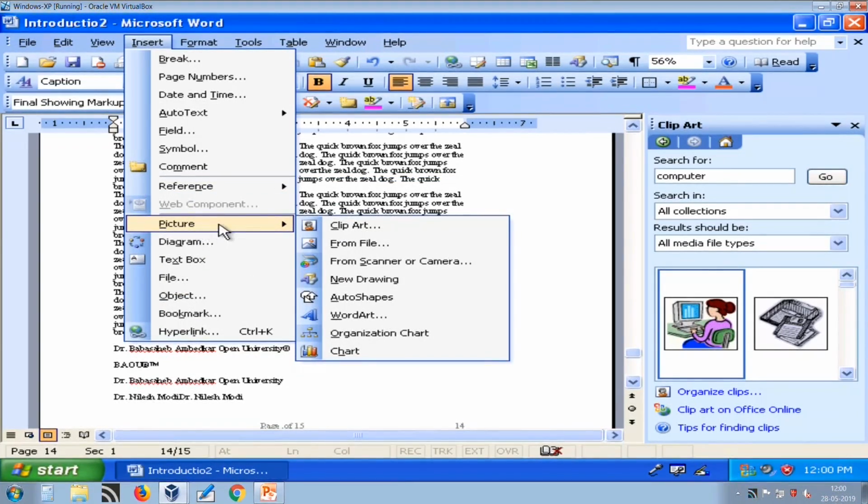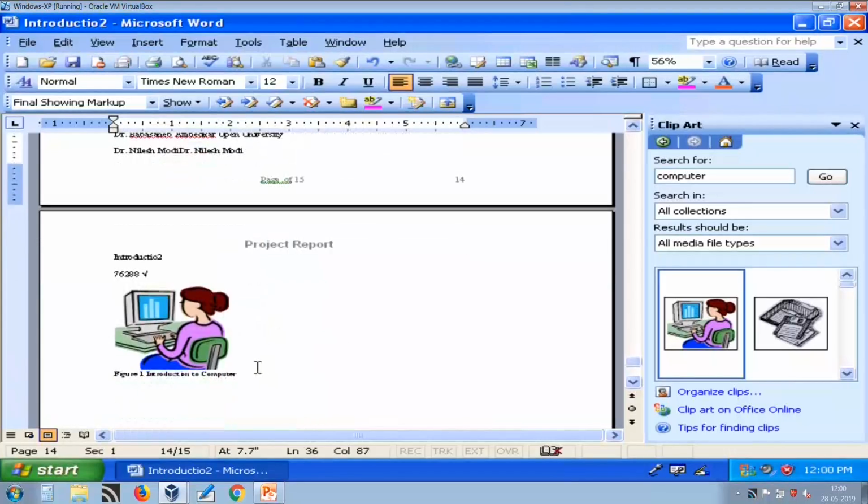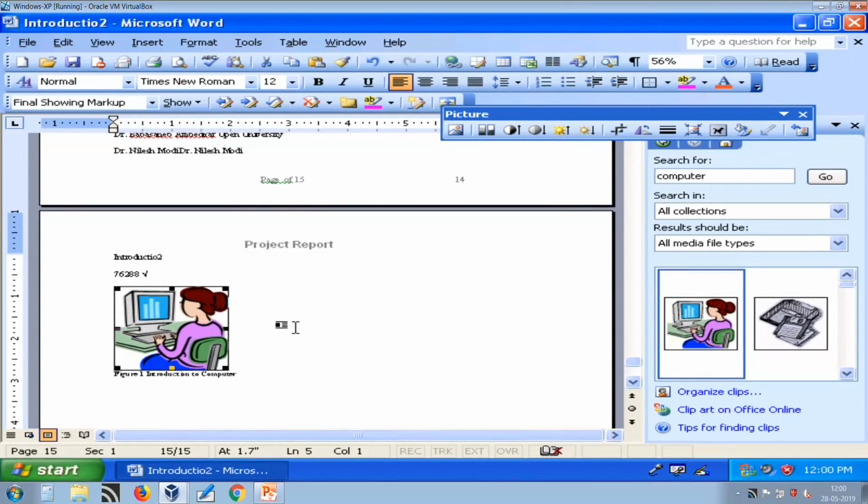The next thing is how to insert a picture. We have already seen how to insert clip art. Now, what is the difference between clip art and image? Clip art is basically known as a vector image, which is created from lines and curves.